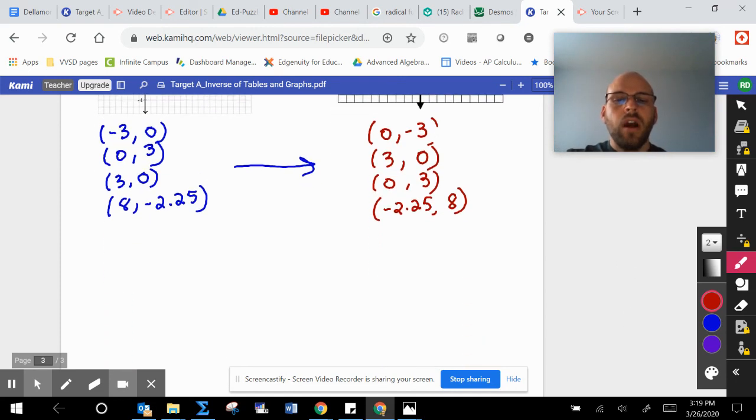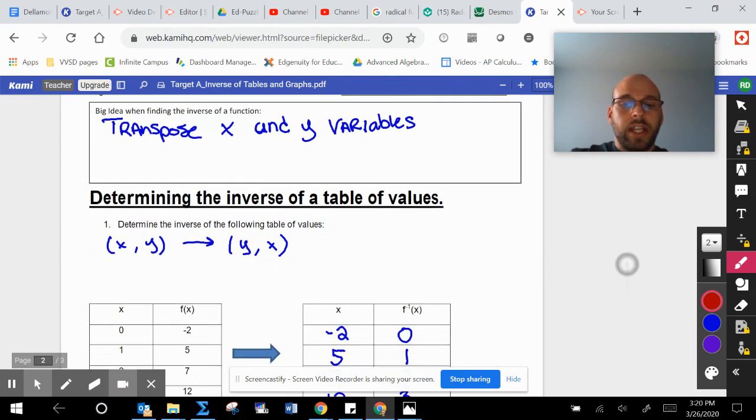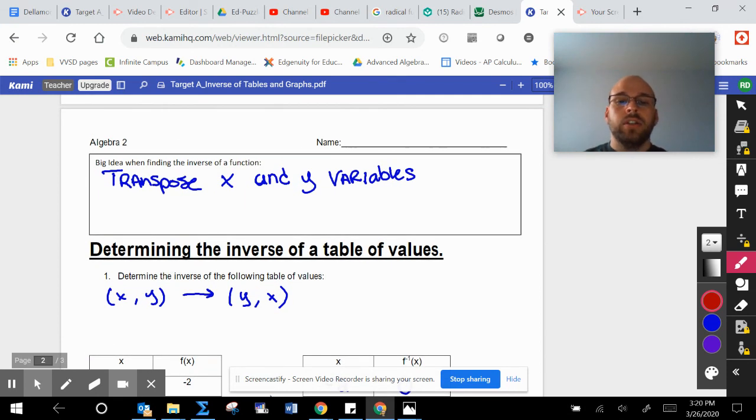Okay. So that concludes my video on finding the inverse of a table of values or graphs. The big idea here, just to summarize, is that you need to transpose your x and y variables, and that will provide you